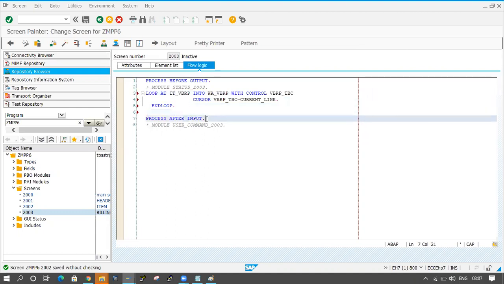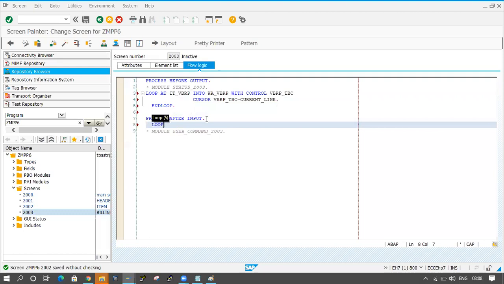In the PAI also I am writing loop and endloop. Save it. Fine. I am applying all the logic in the PAI and PBO like that.